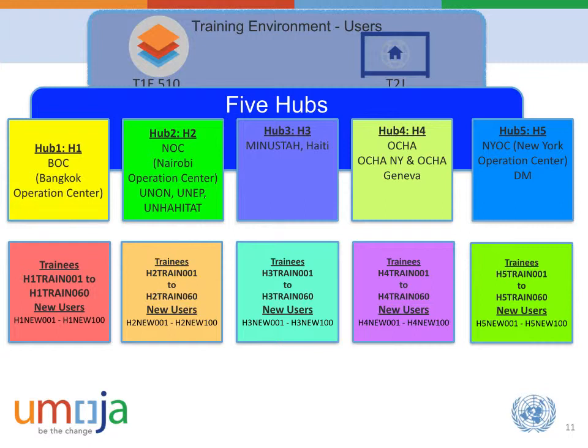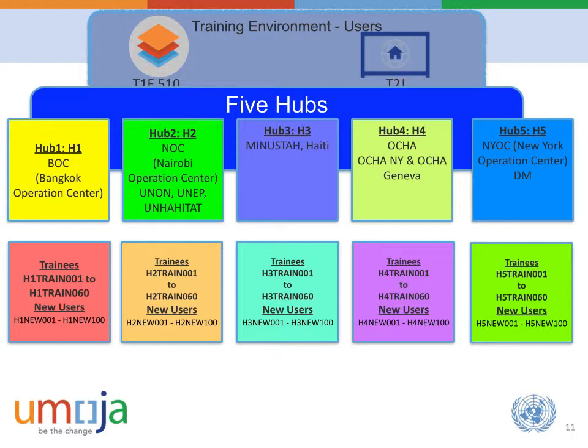In terms of each and every hub, you will be given 60 user IDs as trainees. And also, we have created 100 new user IDs which can be utilized for scenarios in your HR, such as onboarding, initial appointment, or new recruitment. So what will happen is, when you do the initial appointment, after that you pick up one of the new users we have already created and assign them to your info type 105, and those users will become employee self-service capable without any intervention from the technical team.